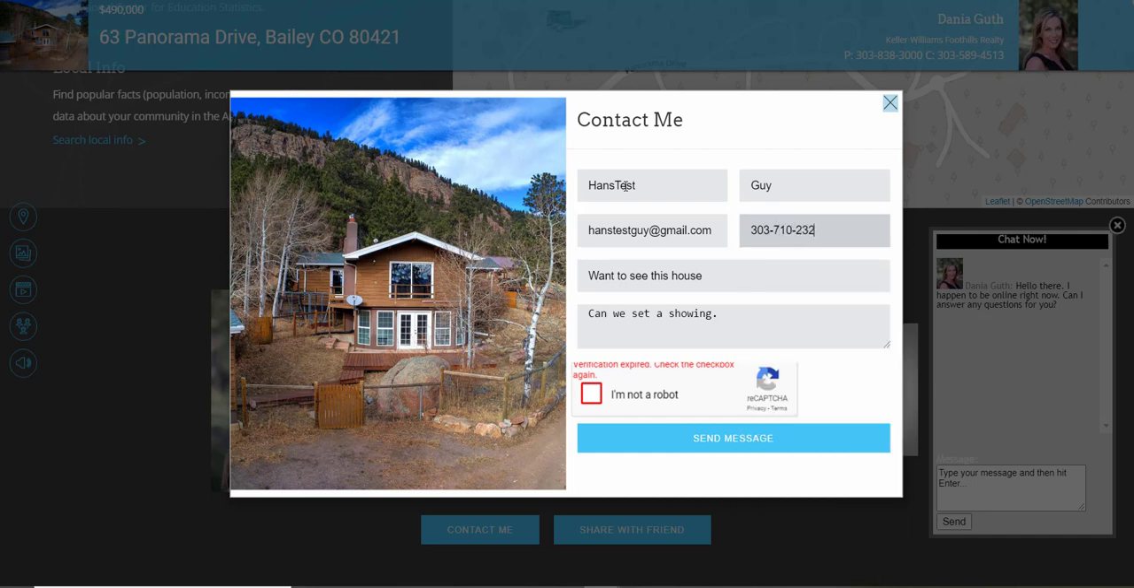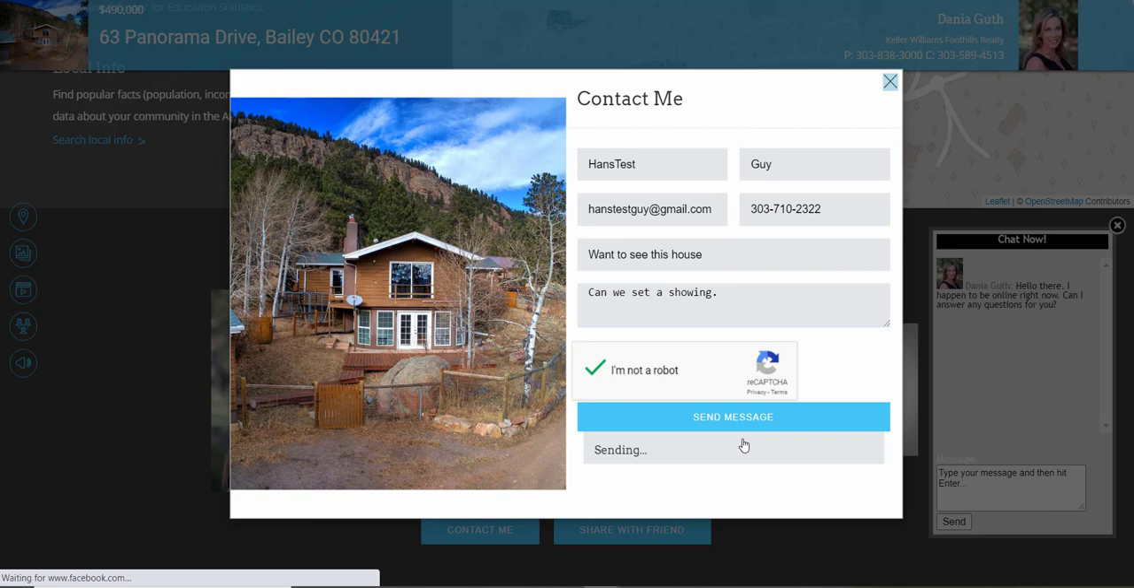303-710. I'm just making up a number here. That's not my cell phone, by the way, so don't try and call me on that. And then we want to see this house. Can we set a showing? And you simply say, I'm not a robot. And this is, again, one lead source possibility, but once that gets done behind the scenes and it's complete,